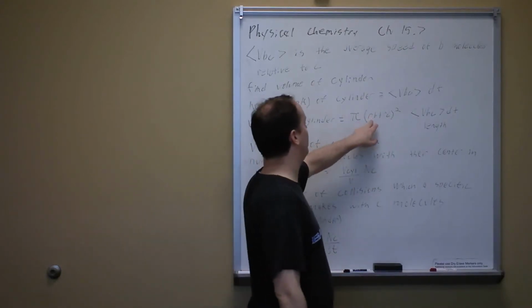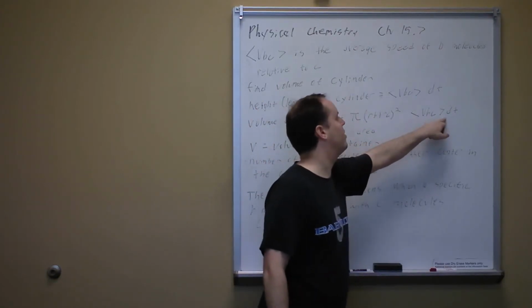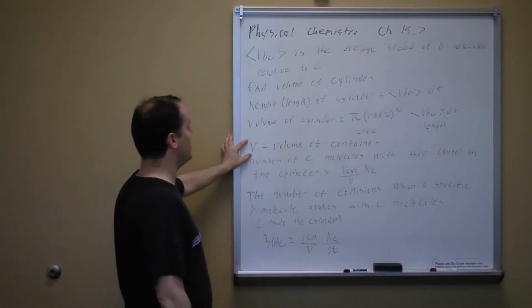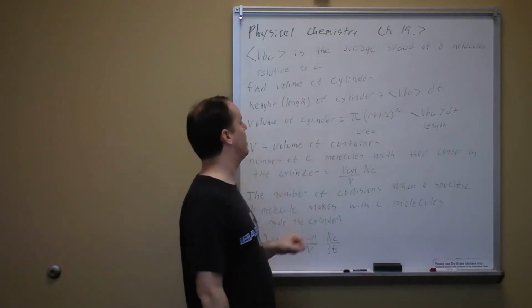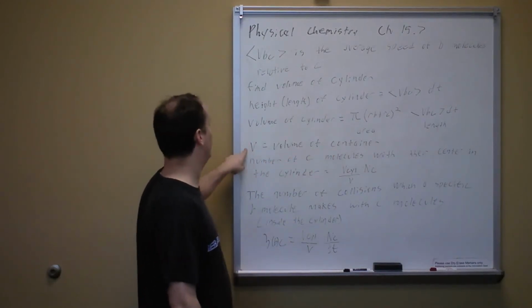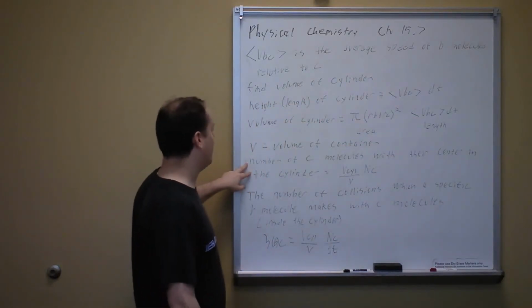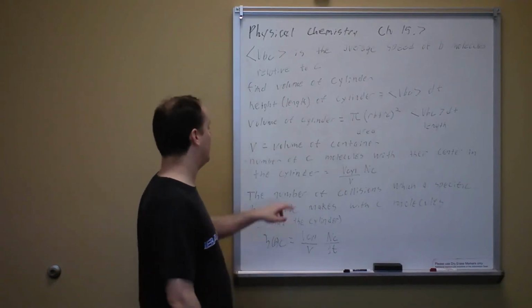The radius of the cylinder, both molecules together, times the length is just the average speed times the differential of time. Now V, this would be capital V, is the volume of the container, not to be confused with lowercase v for speed, of course. So anyway, the number of C molecules with their center in this cylinder, in other words, that we're going